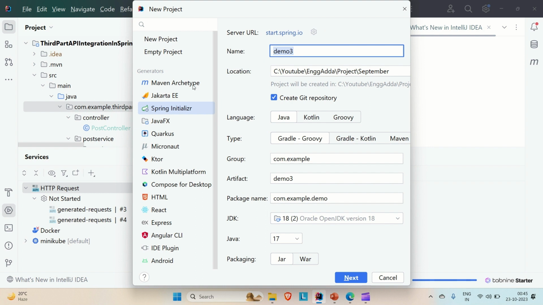So if you're using IntelliJ Ultimate version, you will find this option of Spring Initializer here itself. If you're not using IntelliJ Ultimate version, if you're using the community version of IntelliJ, or if you're using some other IDE, then don't worry. You have to go to this website which is start.spring.io. There, the same pop-up will come up to create your application, and you can fill